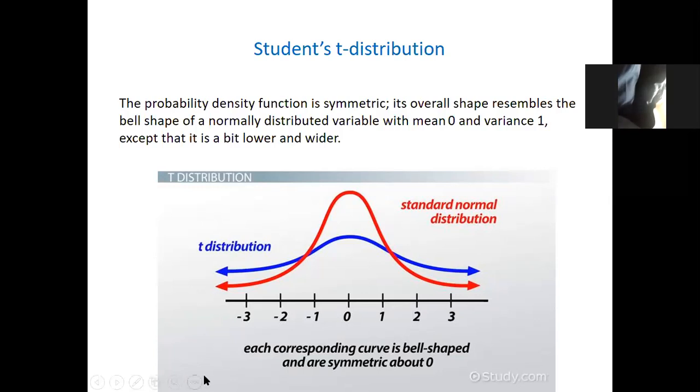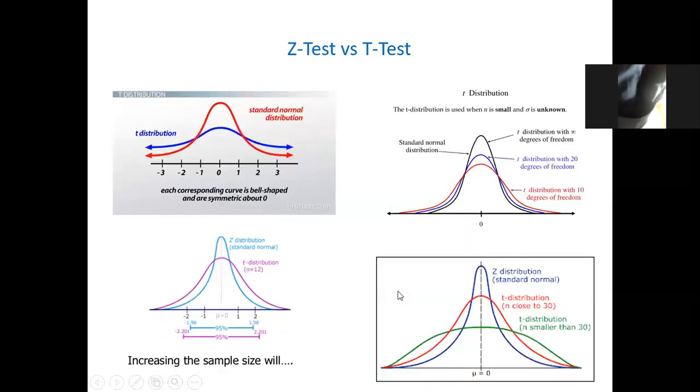So the red is taller but has a narrower base, while the blue, which is the T distribution, is not as tall as the red but has a wider base. If you look at it, the area under them is the same. So as the degree of freedom increases, the shape of the T distribution begins to resemble the normal distribution. Look at this first one now. Look at the graph here.